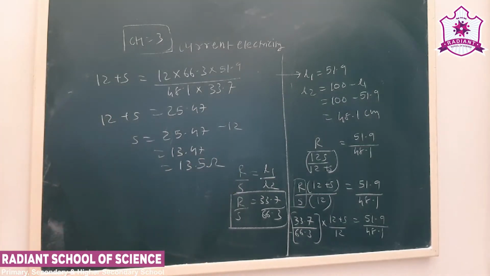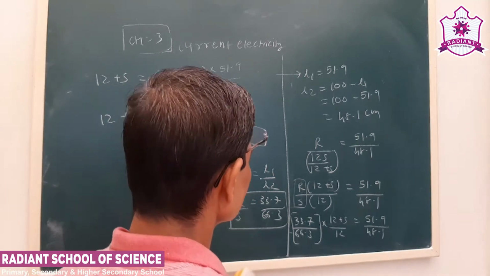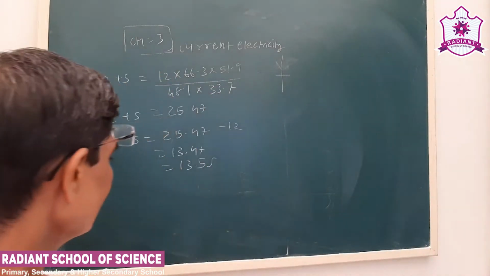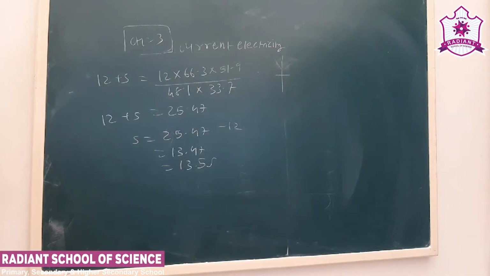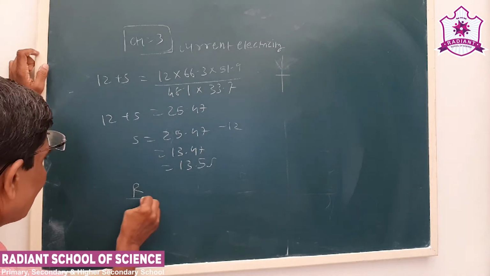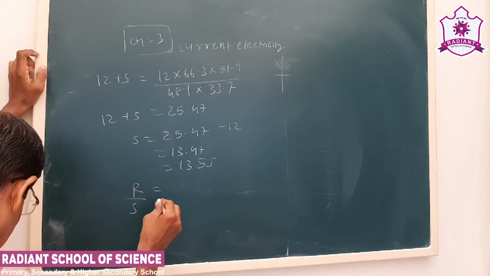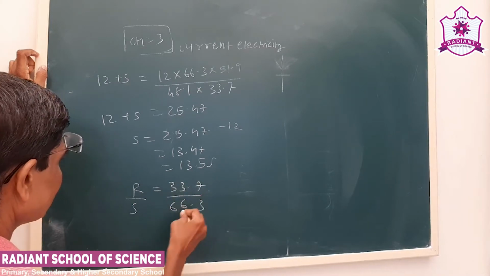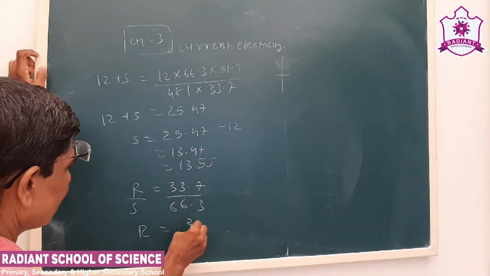So this is the value of S. Now what we have to obtain is the value of R. R upon S we have obtained is 33.7 upon 66.3. So R is equal to 33.7